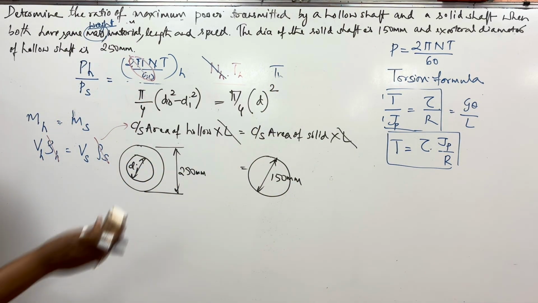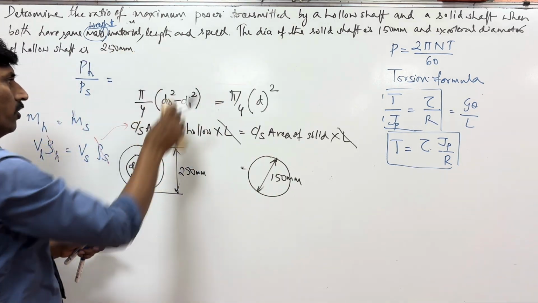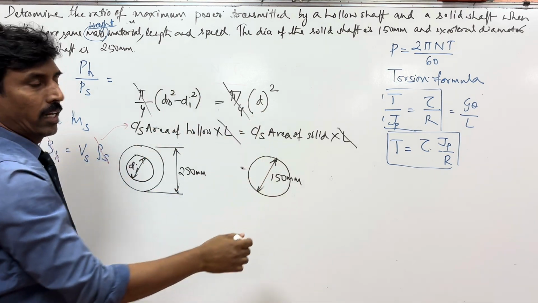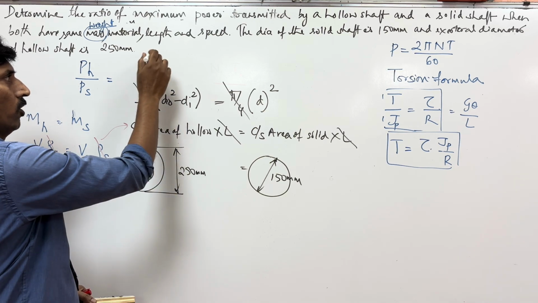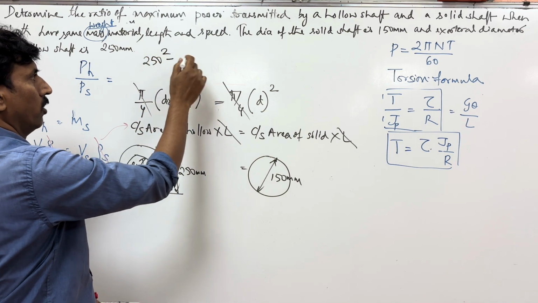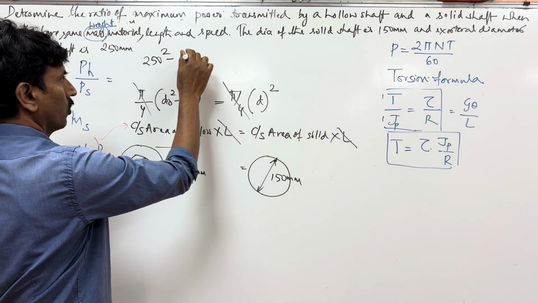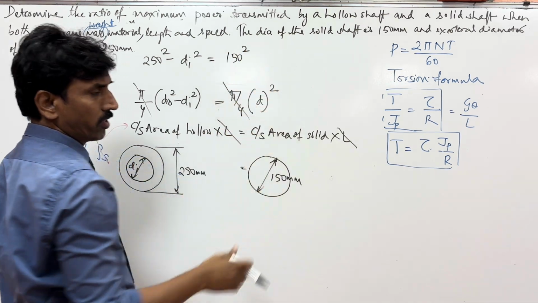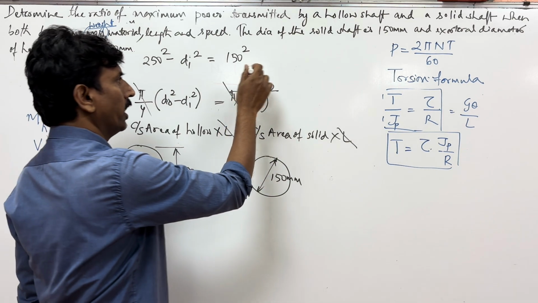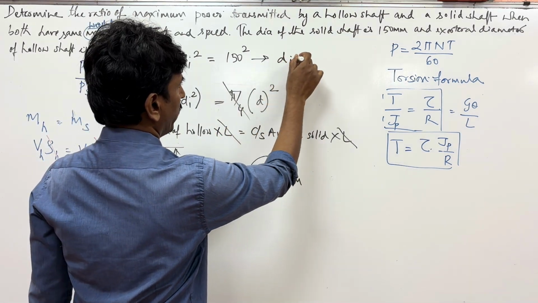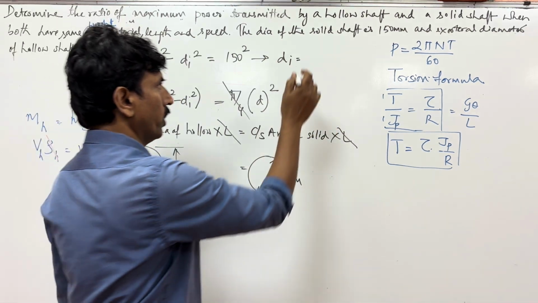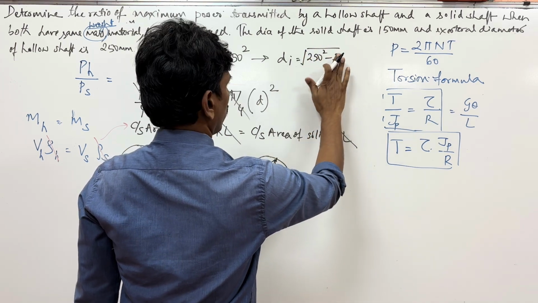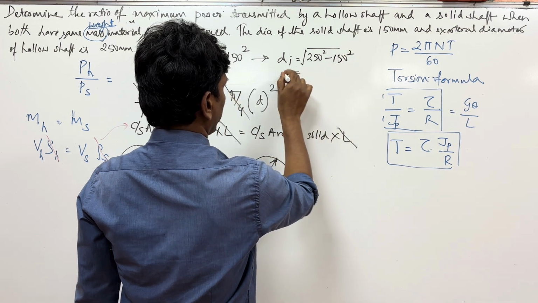Okay, and therefore now I can write this like this. So here pi by 4 cancels out. What is d naught here? 250 square minus di square, which I don't know. Here this is 150 square. All these are in mm. So using this I find di. So di is the square root of 250 square minus 150 square, which I get as